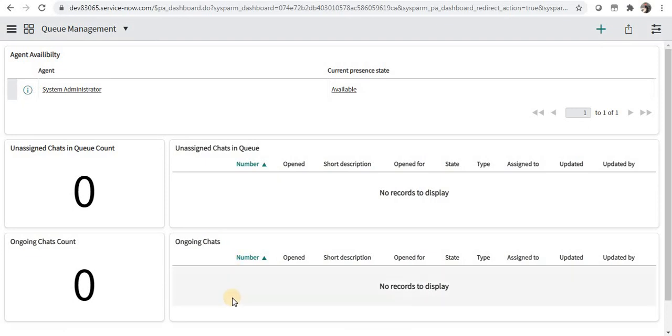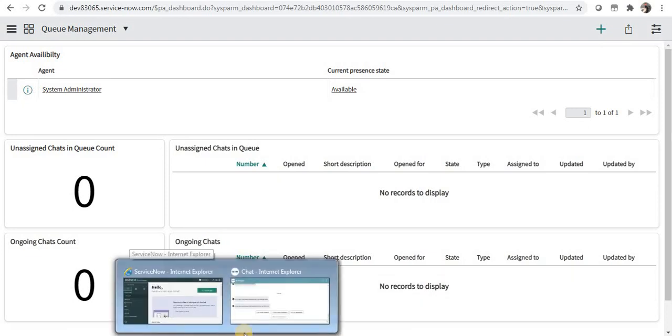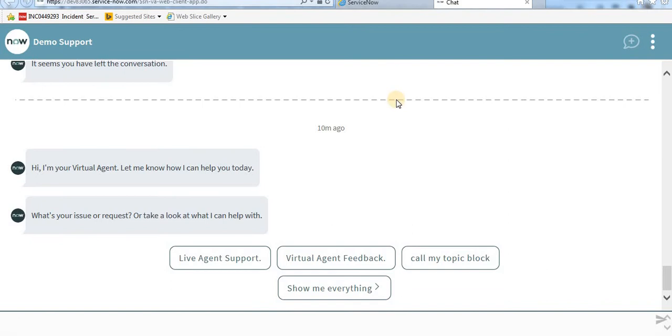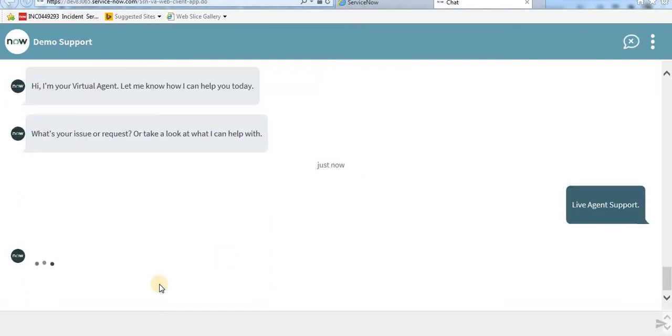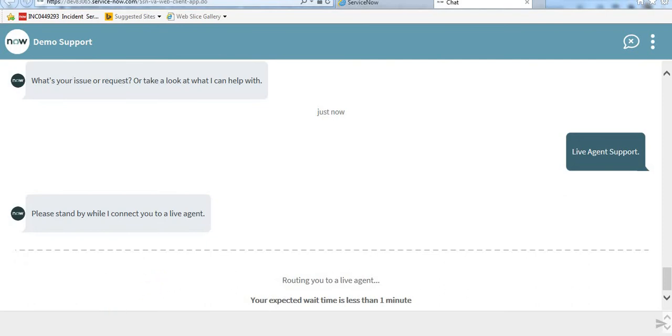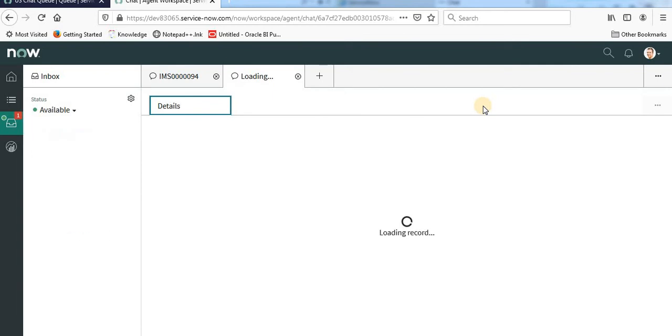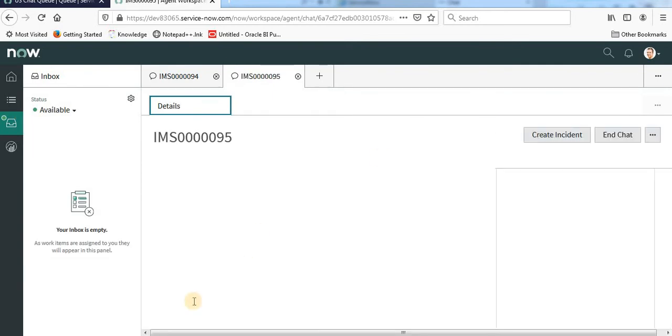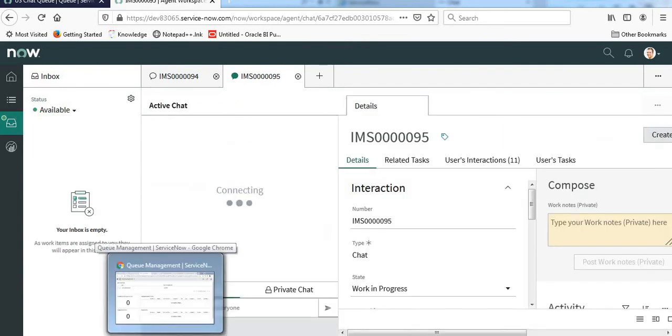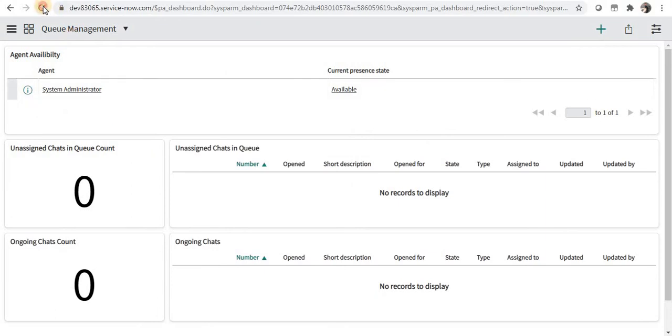And let's initiate one chat. I'm logged in as one of the end users. I'll go for live agent support, and I'll go to the Mozilla browser. The system admin who was available will accept this chat, and I'll go back to my dashboard as David Liu and refresh it.